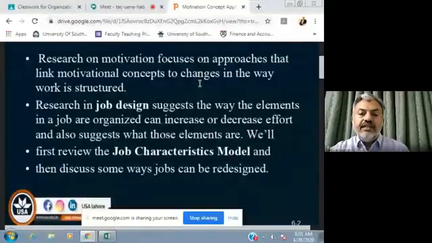Especially what happens is that a person does the same job over and over again for the same week, then for the whole month, 4 weeks in a month, and then 52 weeks in a year. So you have to redesign the job at a point in time, or rotate the person to do some other job, so that it becomes creative for the person doing the job, and they have a challenge and they become happy.